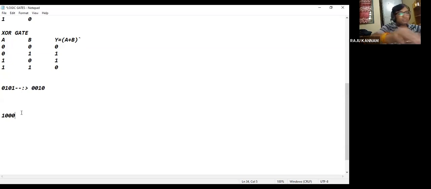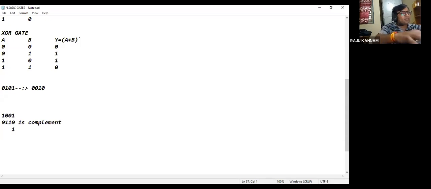X value is 1001. Now if we do the not operation, first it will do the complement. Complement means ones are converted to zeros, zeros are converted to ones, right? So this is the ones complement of the given number.